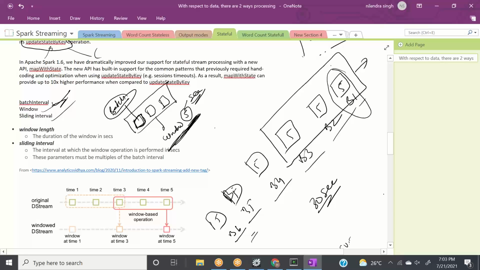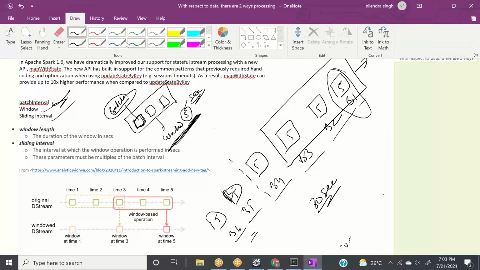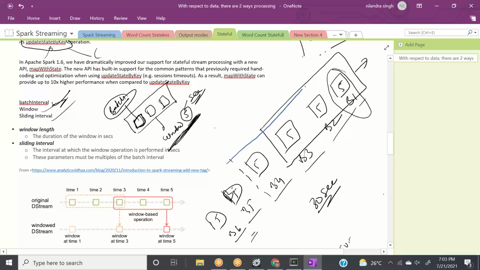So in simple terms, this will be your new window. What we did is slide the window by 5 seconds.